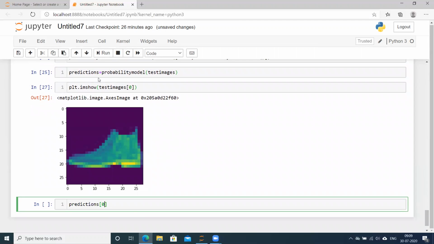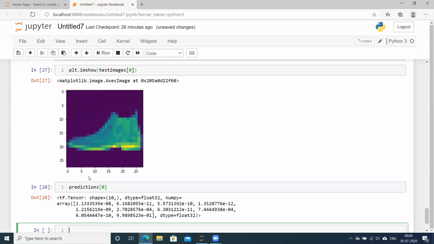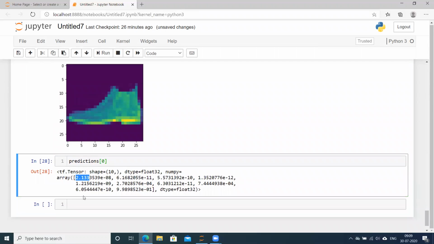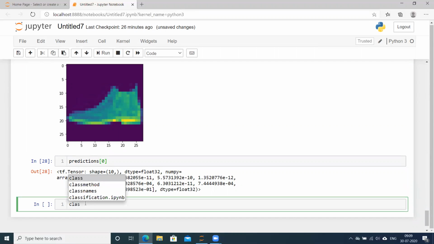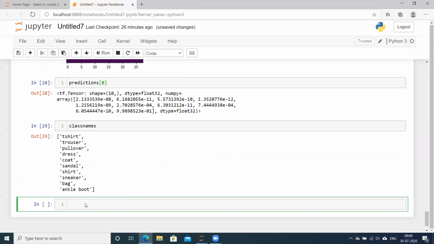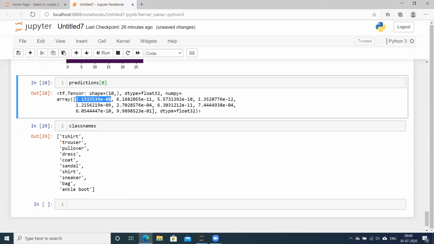So the prediction at the 0th position for the 0th image is this. We can also see what the class names are. Here for the first class, that is t-shirt, it is giving 2.1 times 10 raised to the power minus 8 probability.